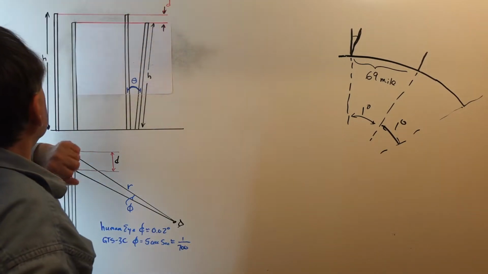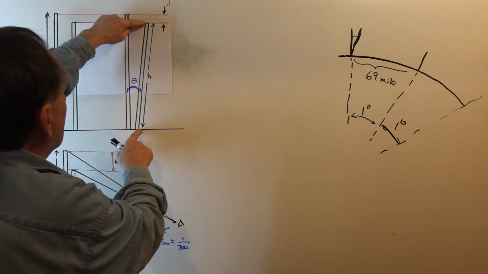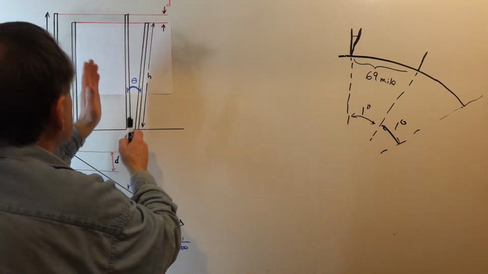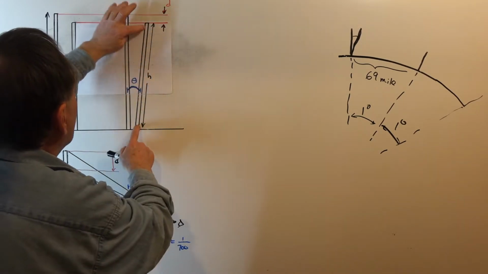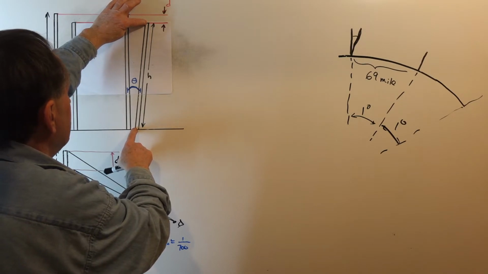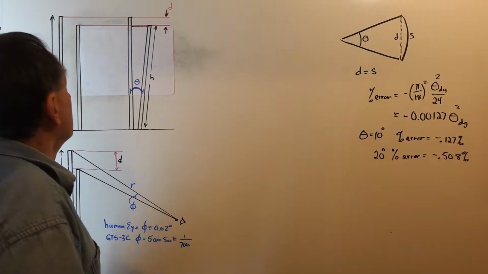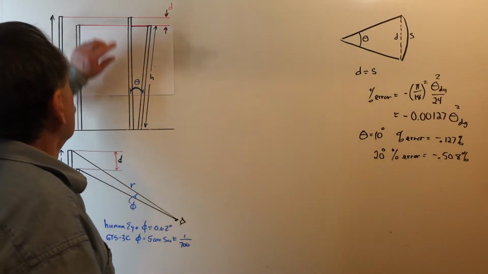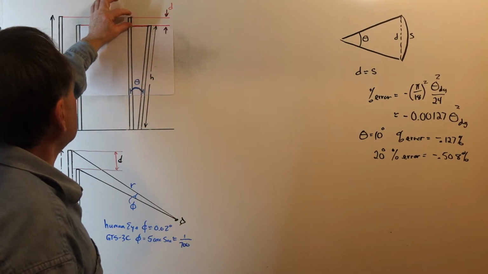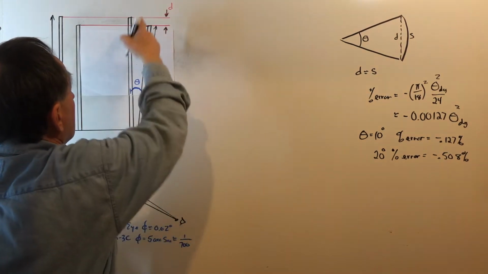The height of the vertical pole and the pole that is tilted, the lengths of those poles, is h. As we tilt the pole, the length of the pole doesn't change. It still remains at h, but it just appears to be shorter because it's tilted away. The relationship between the tilt angle and the perceived height difference, d, is very easily determined because we have a